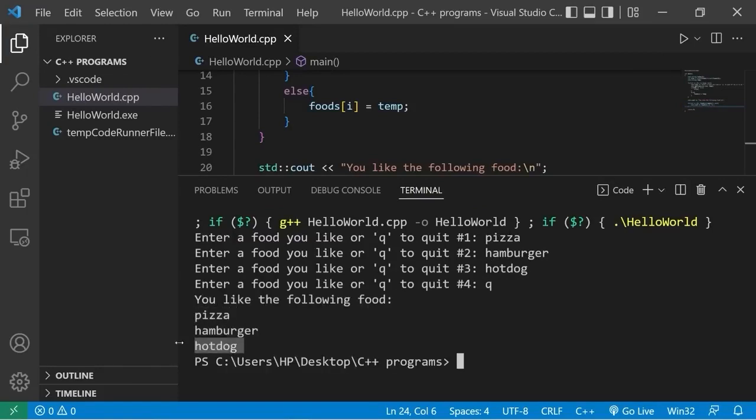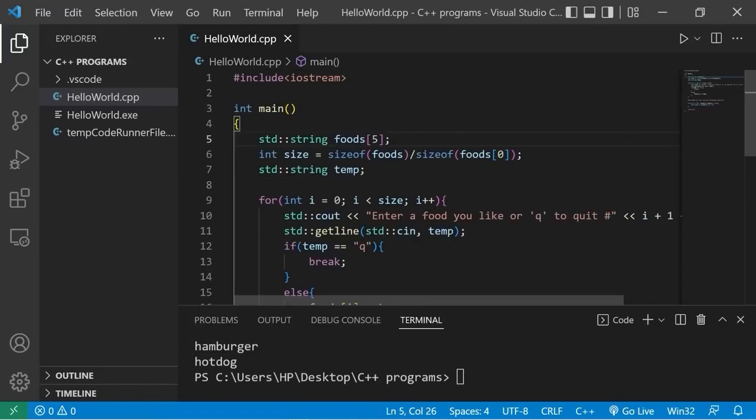Pizza, hamburger, hot dog. One disadvantage of arrays is that they have a limited size. They're static. Once we declare a size, we can't change it. We're limited to only storing 5 foods. You could declare a larger size, but you may be wasting memory if a user doesn't want to type in all 10. So in future topics, we'll need to discuss both dynamic memory and vectors, which should be coming up